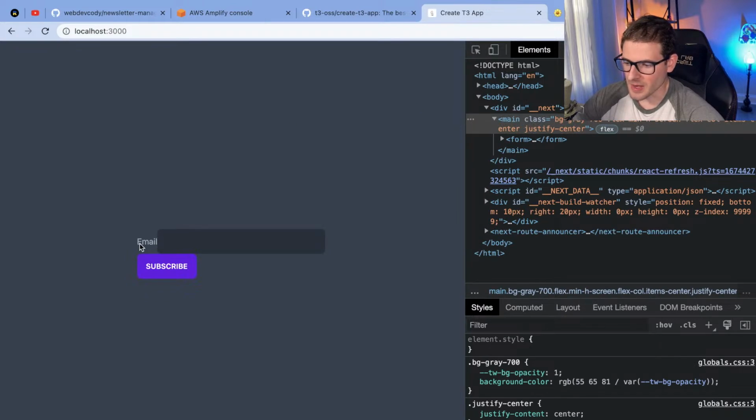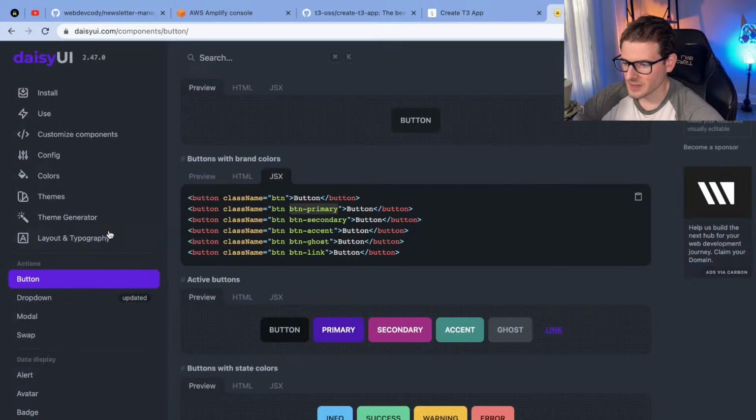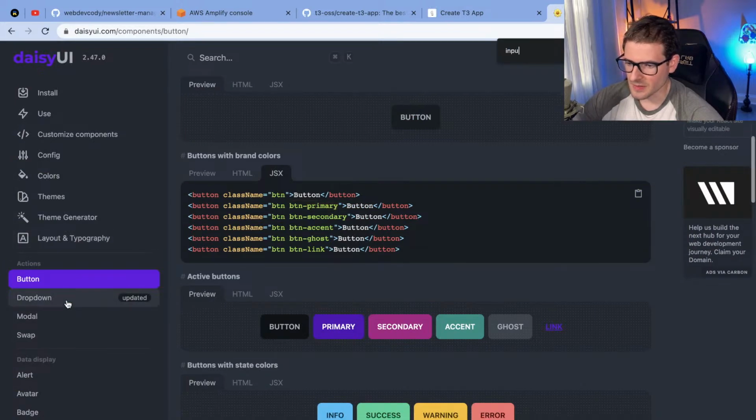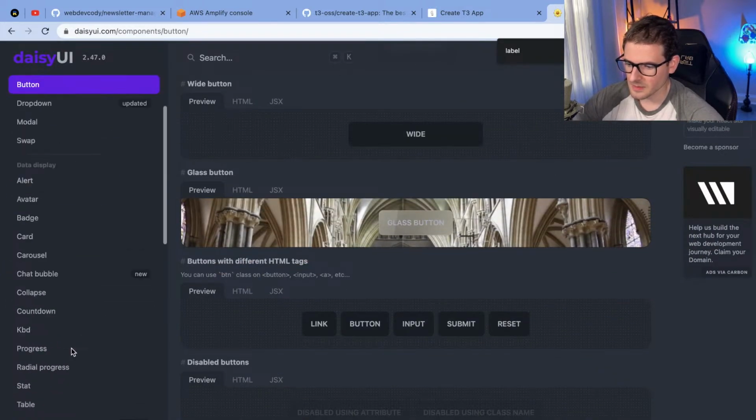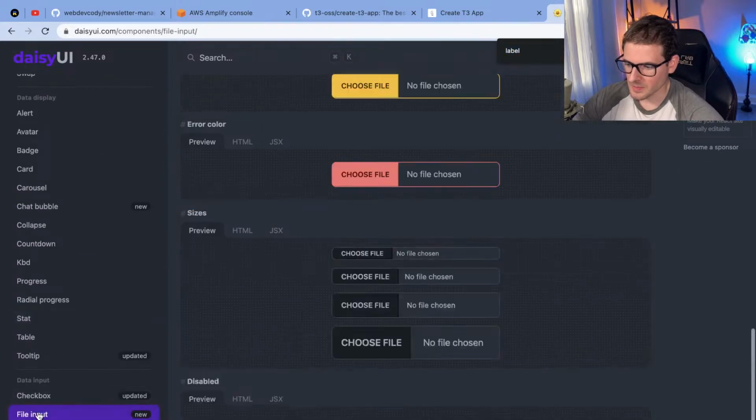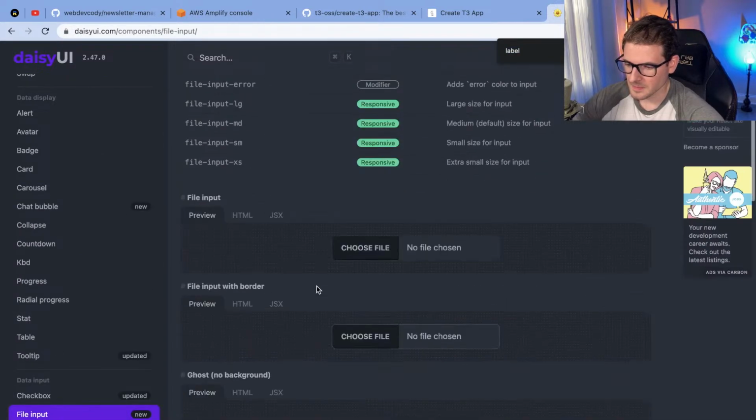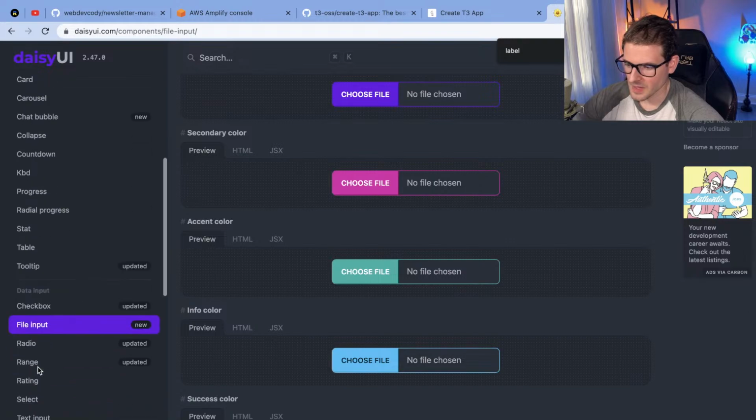So I'm going to go ahead and put a break between these two. Or we could even do some type of flex column so that the email's on top. In fact, let's just go to Daisy and see if they have labels. Maybe. They have file inputs.